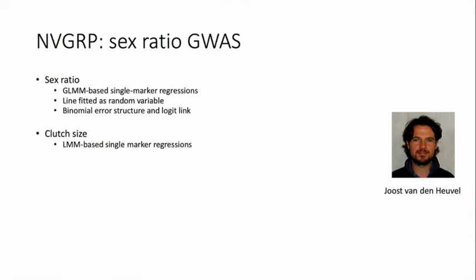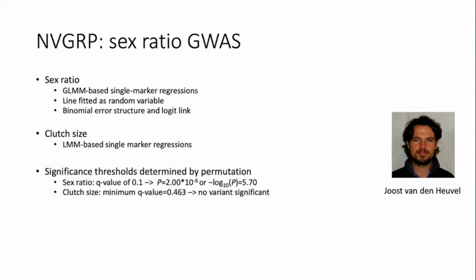We did the same, but then a linear mixed model for clutch size. And then we determined the significance thresholds by permutation. For sex ratio, we tried to go for a Q value of 0.1, and that meant that we had a threshold of 5.7. For clutch size, we didn't even get there, because if we have a Q value of 0.1, the minimum Q value here was 0.46, so no variant was significant. So we couldn't use this for